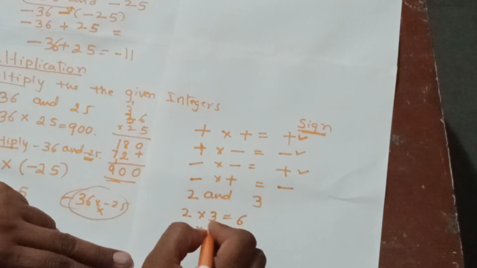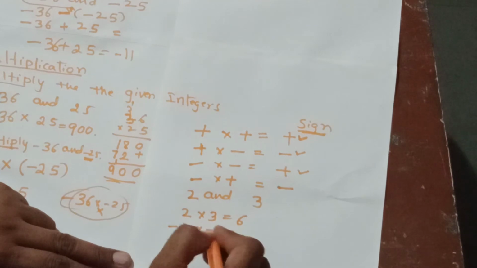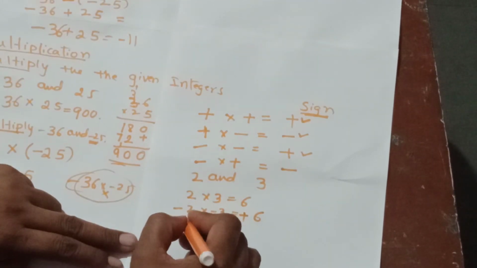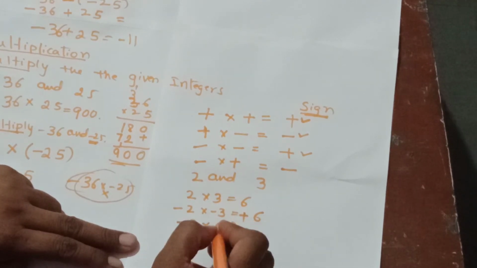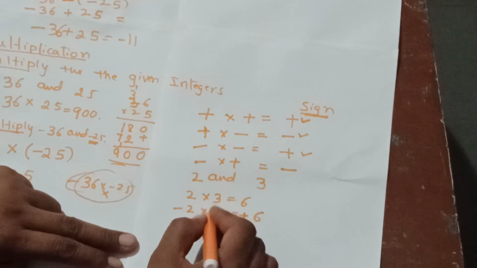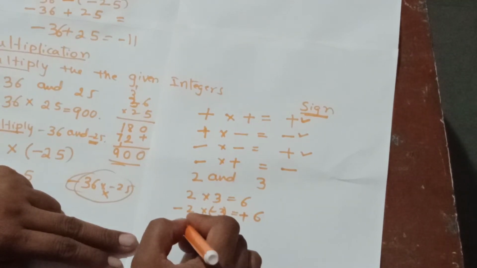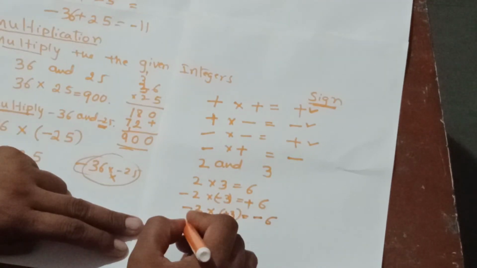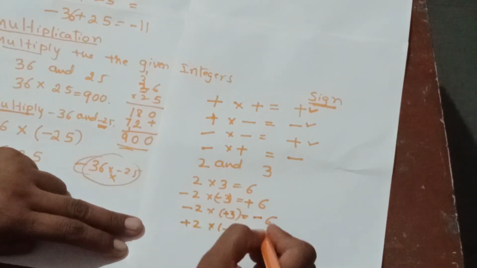Minus 2 into minus 3, we are not adding, we are not subtracting, just multiplying. 2 3s are 6, minus minus plus. Then you can put the bracket, sorry. So here if it is minus 2 into plus 3, then minus plus it is once again minus, 2 3s are 6. Then plus 2 into minus 3, very simple, 2 3s are 6.